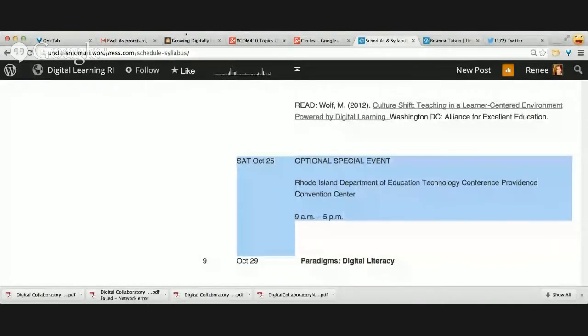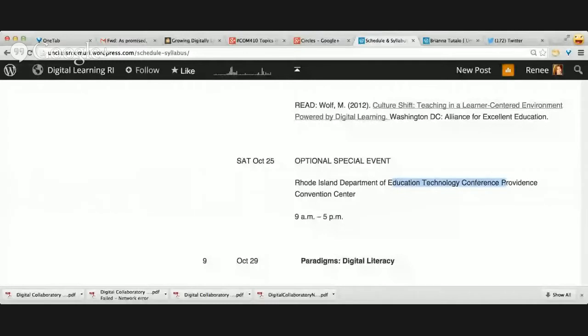We have an optional special event scheduled for this semester. The Rhode Island Department of Education is offering an education technology conference at the Providence Convention Center. This will be like a matchmaking event, because basically all the people we want to showcase or call attention to or interview are going to be there. So it is optional, but if you have the opportunity to put Saturday, October 25th on your calendar, you will probably find it